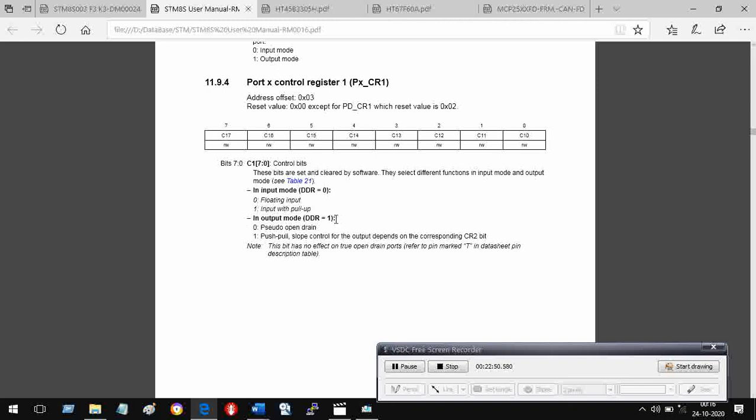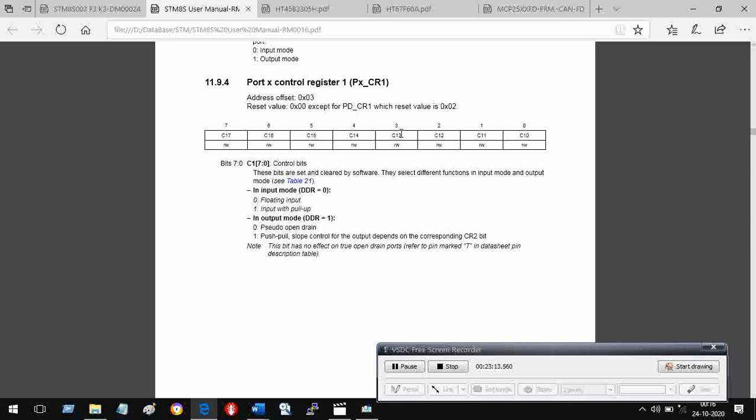Now in the output mode, that is DDR is already 1, that you have seen just now, it is pseudo open drain. If you write it 1, then it is push pull. So it will not remain floating. It will either be on or it will be off. It will never remain in an undefined state. So we want it to be in a very well defined state.